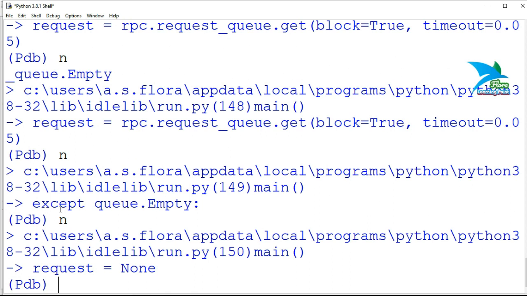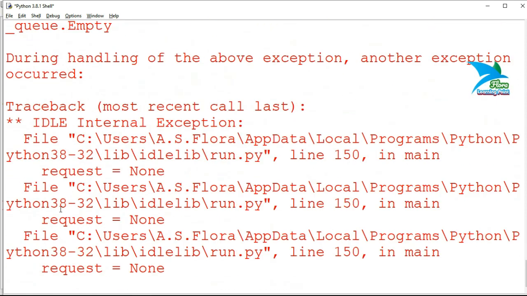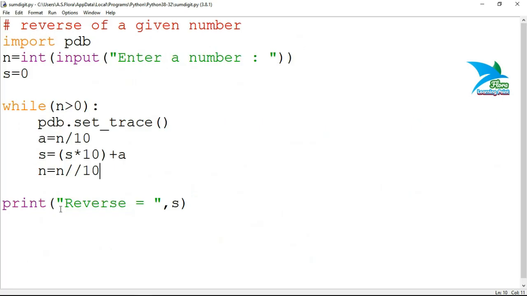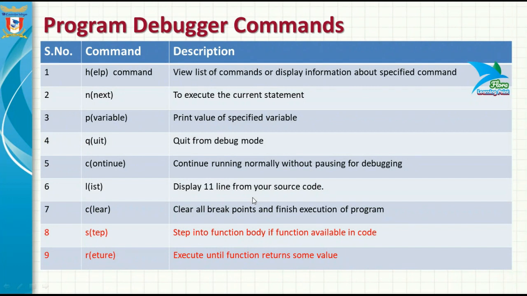These are the inbuilt system function calls available in Python, and the system always completes these statements after the last line written by a programmer. Now the program has finished, and you can write the quit function to quit from this debug mode. Now you can see that the process has been stopped, and this was the end of that debug mode.